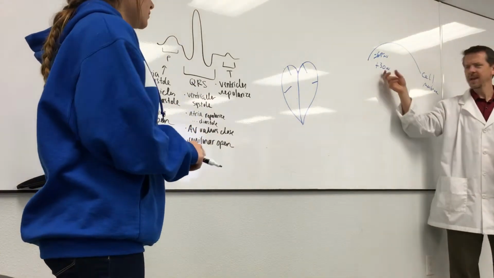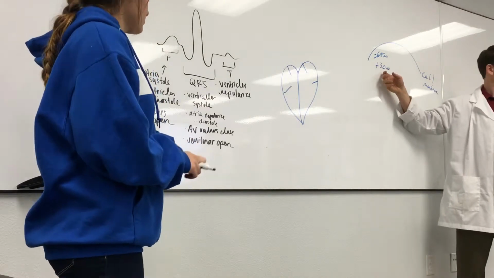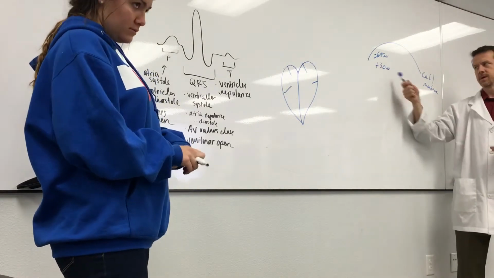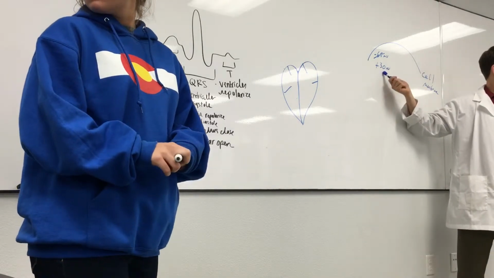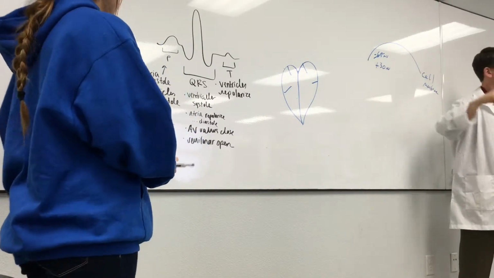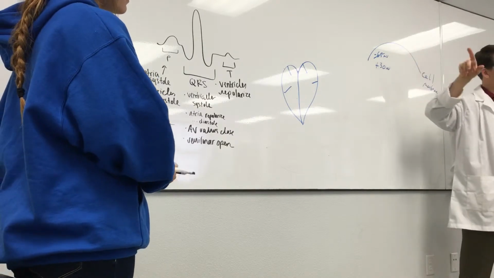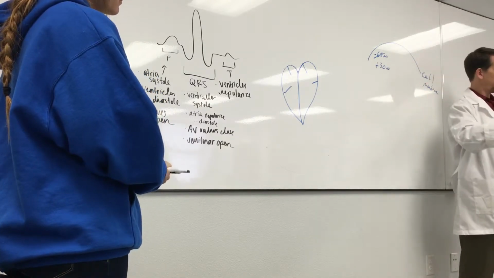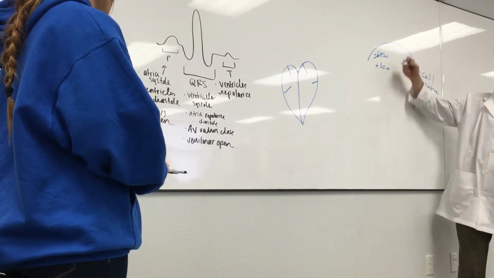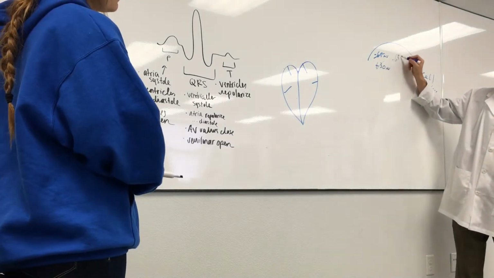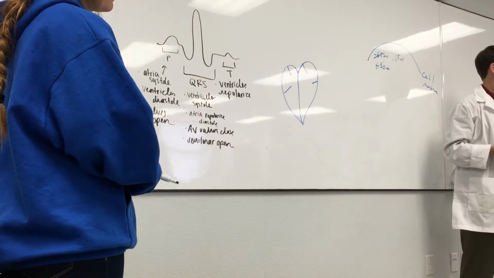Yeah, more or less. And I didn't get real specific on these numbers on this test. I'm not going to worry about the specific numbers. So in order to contract again, you've got to get this back to the negative. And so there are ion pumps in the membrane, sodium potassium pumps that pump sodium out. Does that sound familiar? So repolarizing is the process of getting this back to a negative, so it can contract. Right.